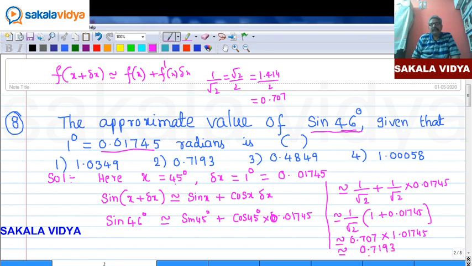0.7193 if you simplify. So second option. There is no other way, you need to multiply, that's all. You need to multiply. Okay, now